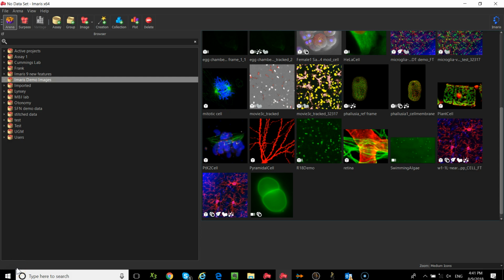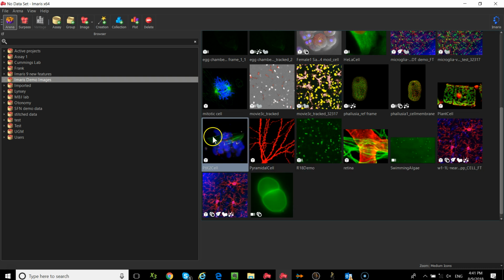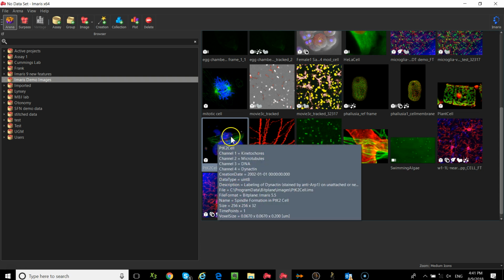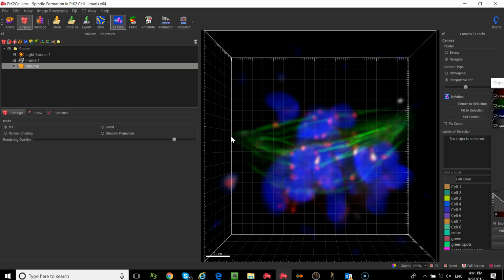Yay, now I'm recording. So we're going to work with PTK2 cells. So it's this one right here. It has some chromosomes and some microtubules in there. So if you double click on that, that is the one I'm going to use for the purpose of a